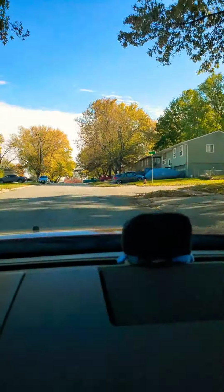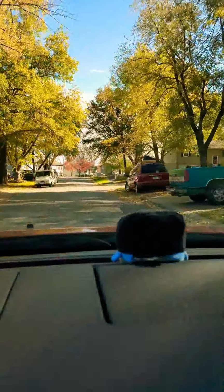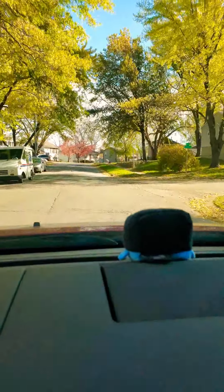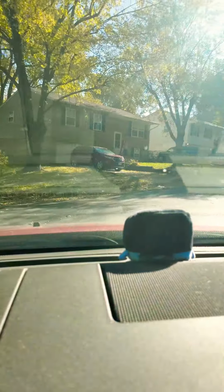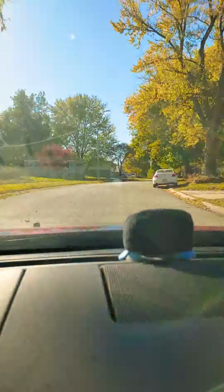So, Nelson's old house. Here and turn around in a minute. Actually, I'm not going to turn around. I'm going to turn on Aztec. Nice little area. Anyhow,